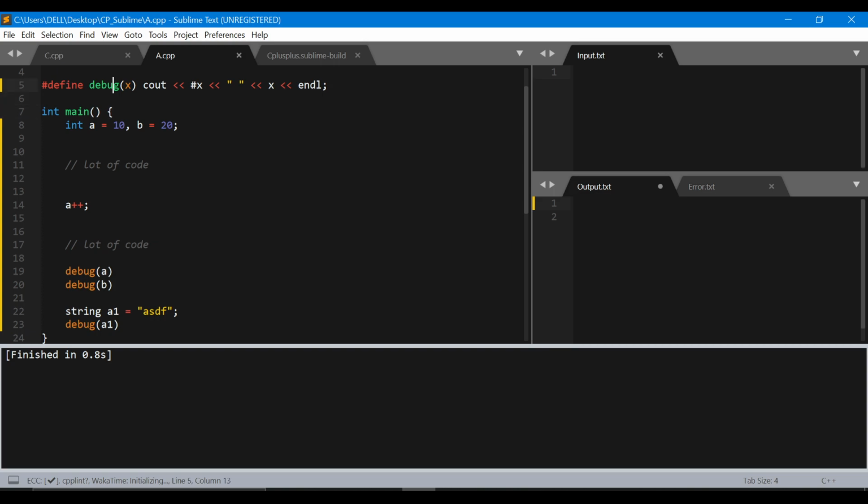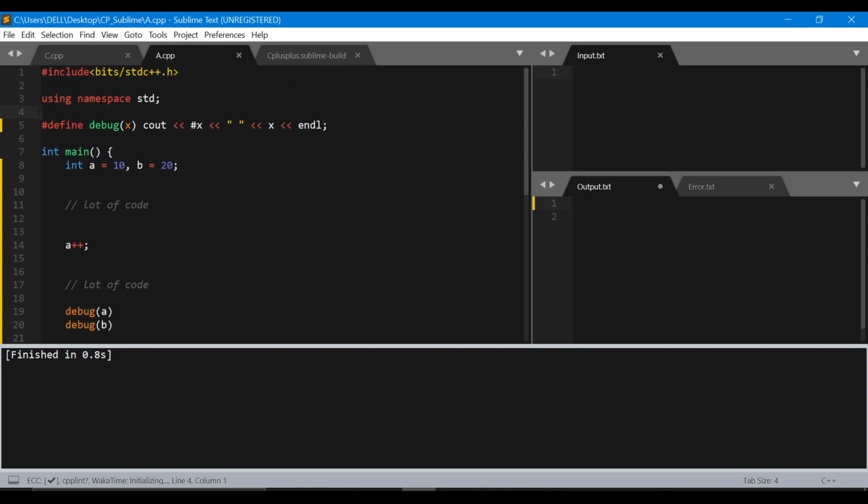So in order to prevent your code from doing this, what you can do is, here instead of writing cout, you can write cerr. And inside your int main function, you can just write this line of code, hash ifndef.